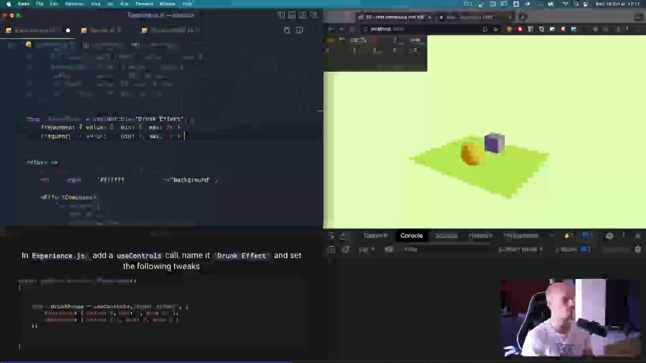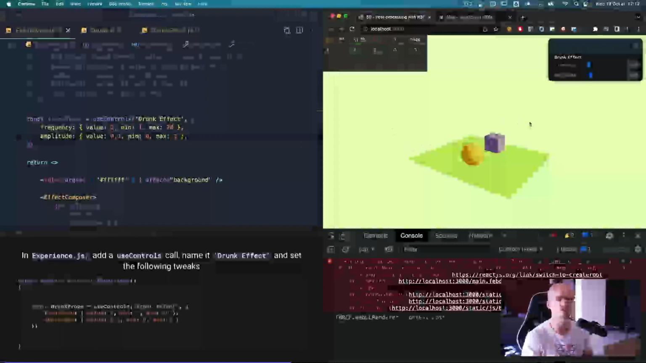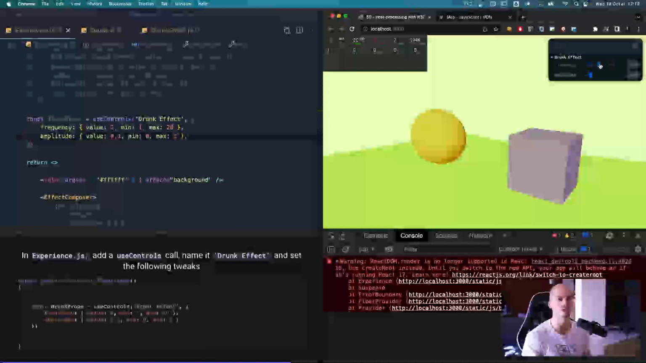And then I'm going to do the same for the amplitude. Let's be lazy and duplicate it. The default value is going to be 0.1. The minimum value is going to be 0. And the maximum value is going to be 1, which is already way too much, but let's put some values. And we get this. Nice, but changing those is not working because they are not associated with our effect,